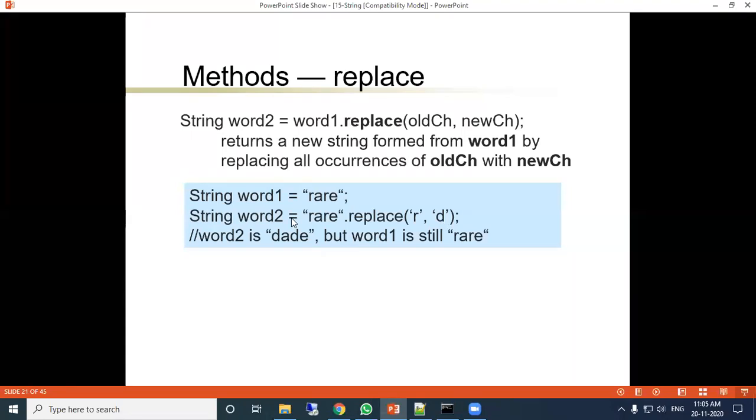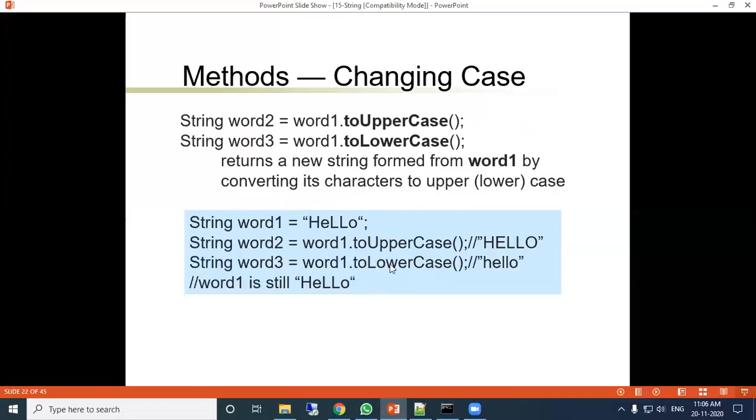Wherever the r character is there, it is replaced with d. So this is the replace method. Next are toUpperCase and toLowerCase, to convert to upper or to convert to lower. These are the methods.